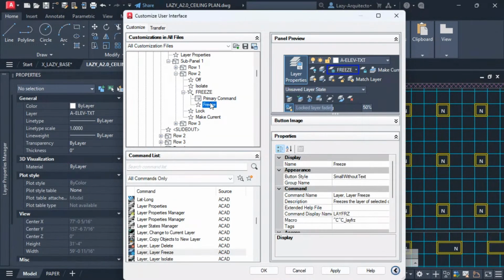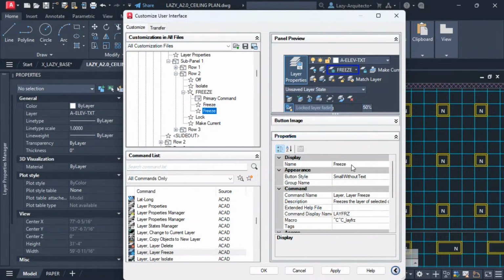Let's create now a couple of commands to again change some of the settings on the freeze command. The way I'm gonna do it is go over here, and of course we can duplicate a command. So let's try that first. Let's see if that works. So I'm gonna duplicate the freeze command like so,